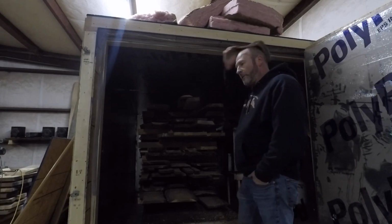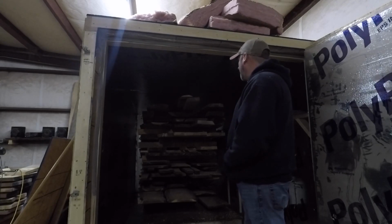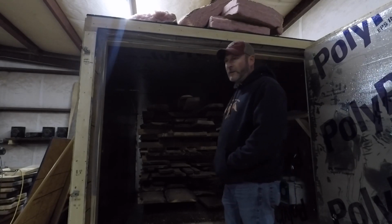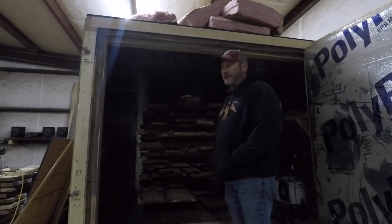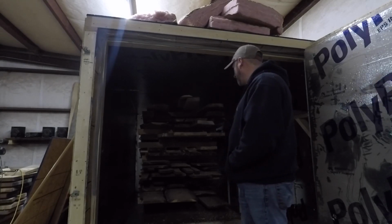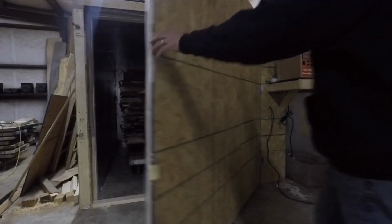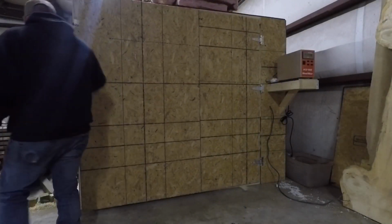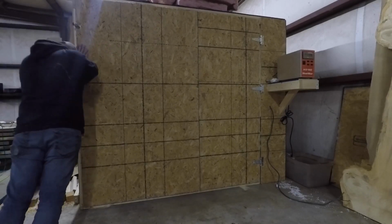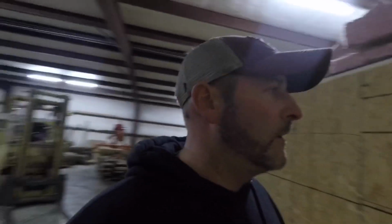I'm not going to worry about putting the baffles over top on this load. Everything in there is somewhere around 15%. Some of it down is like as low as 9. Just kind of an experiment. Future loads I'll do a whole lot better. I pushed that load in. It's inside now. I just fired up the kiln, and